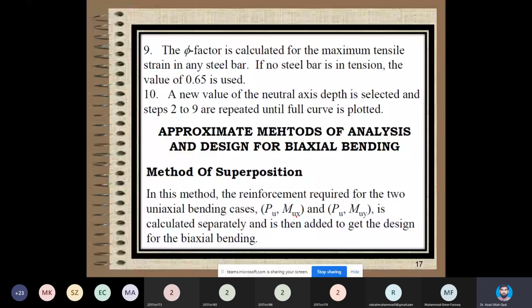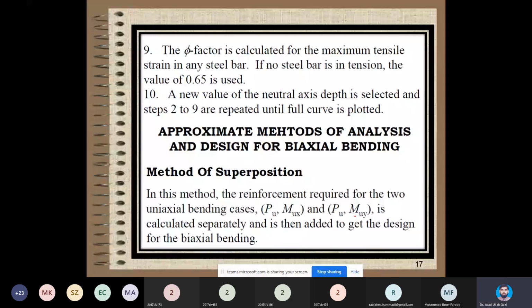So you will select the picture relevant to your column cross section, gamma, FC prime and Fy, and as in your SI edition reference book, you will get pictures with steel present uniformly on four faces. So you may consult that picture, and once you check PU and MUX, suppose you get 2% steel. Then again you will design this column for PU and MUY.